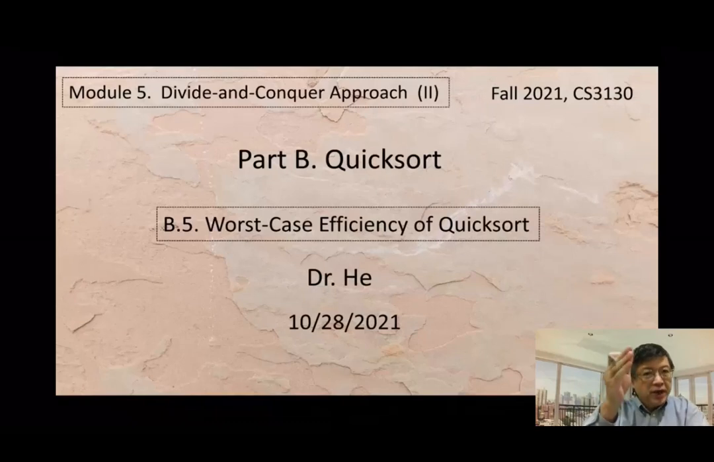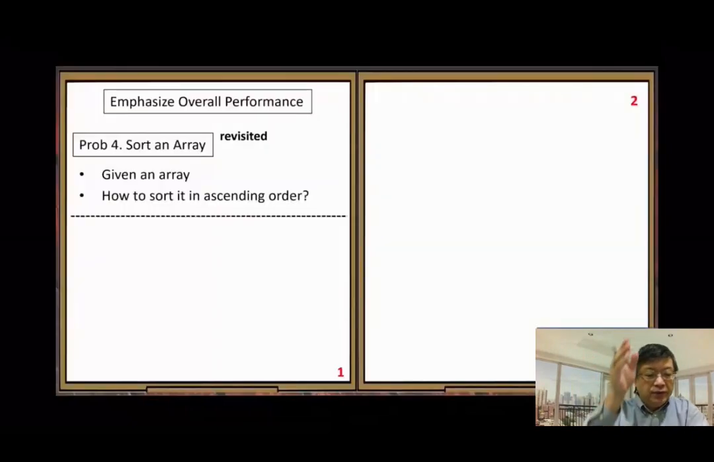1.5, worst case efficiency of Quicksort. In this part, we will do worst case efficiency analysis. Actually, it is pretty easy. So let's look at the